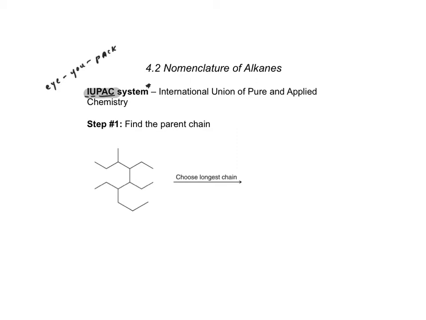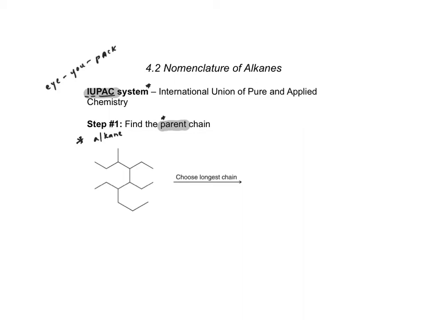Okay, so the first step in utilizing the IUPAC system of chemical nomenclature is to find what is called the parent chain. So here I've given you a nice alkane, right? Again, I know this is an alkane because all I see here are carbon-carbon single bonds and carbon-hydrogen single bonds, right? So please remember that there are implied hydrogens all over the entire structure when we draw these bond line structures, okay? So for alkanes, when we're naming alkanes, the parent chain is defined as the longest consecutive carbon chain,